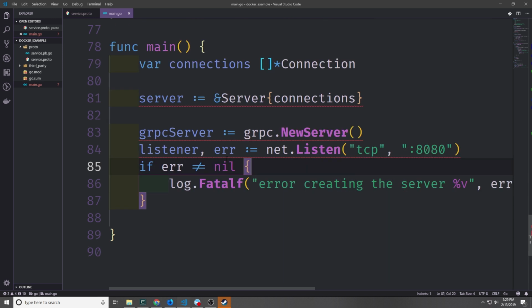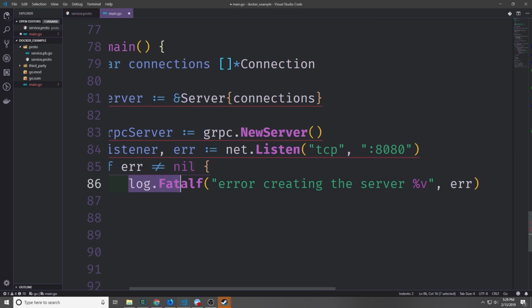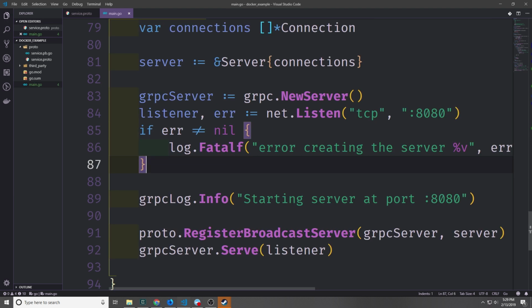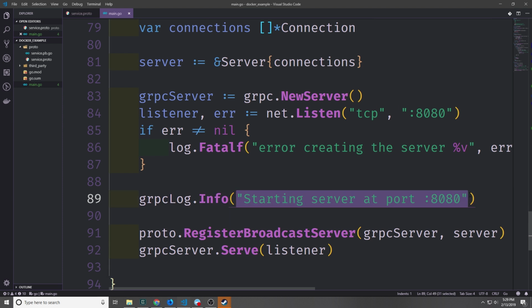And then of course we want to check to see if this error is nil or not. And if we get back an error, we'll just call log fatal f where we'll pass back that we had an error creating the server. If on the other hand we do not have an error, we can go ahead and set up our gRPC logger by calling back an info message which says that we started the server at port 8080,